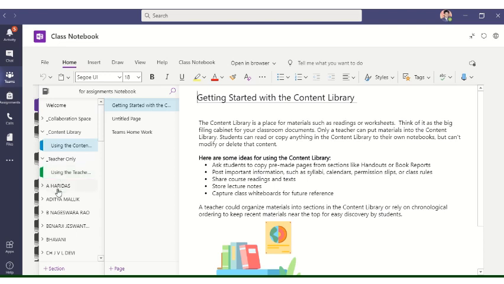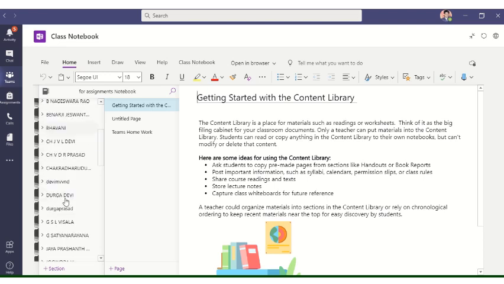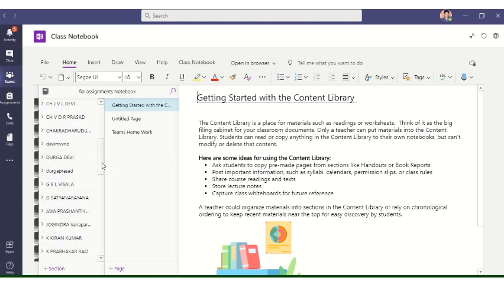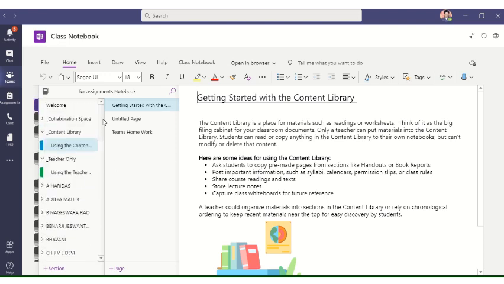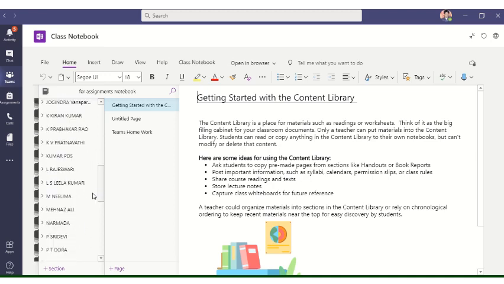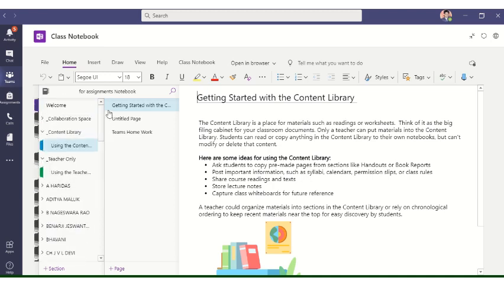And below that you can see the list of the students present in the class. These are the entire students present in the class. Actually this is not an actual class. In your class, suppose you selected some 5th class, you will find the list of students who are present in the 5th class. As I am a teacher, I can see the list of all the students present in the class.